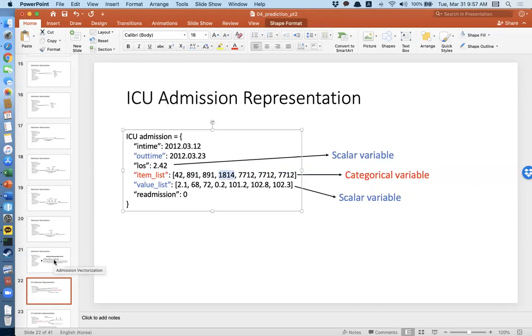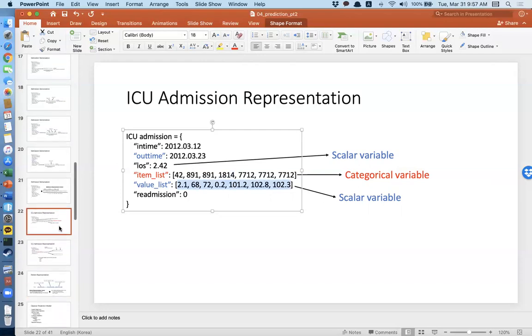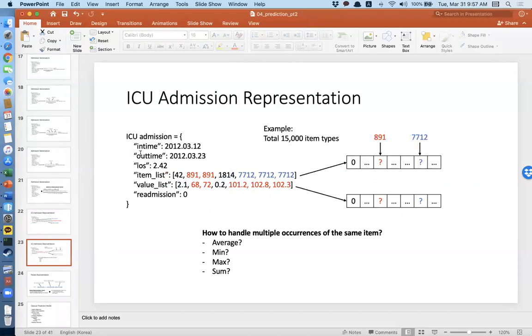Before we didn't have a scalar variable. I mean, we didn't have a list of scalar variables. It was all discrete variables. It's either ethnicity or gender or diagnosis types or medication types. But now you have actual continuous measures, the values from taking measures. So it's a bit different. So the way you do it is that typically what you would do is